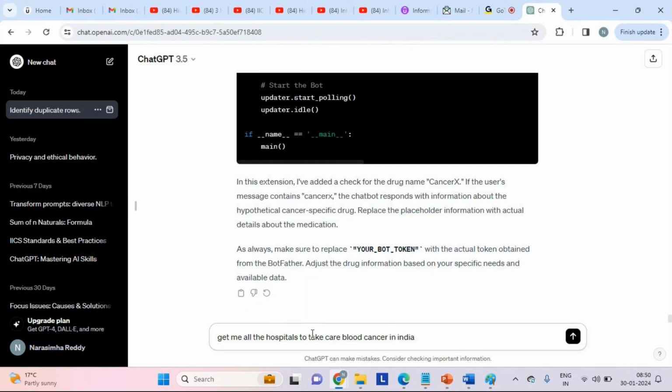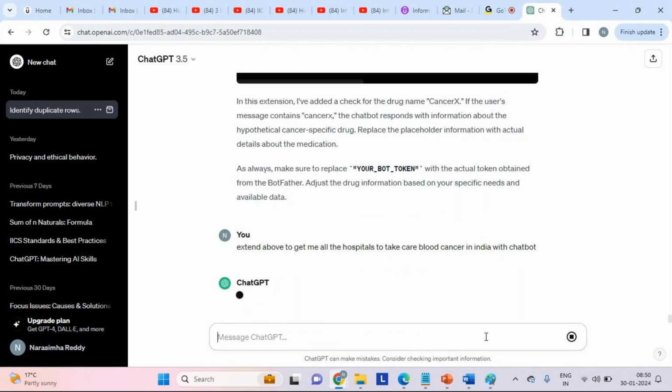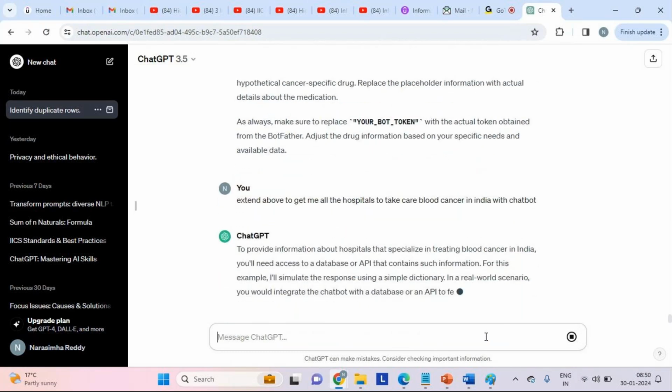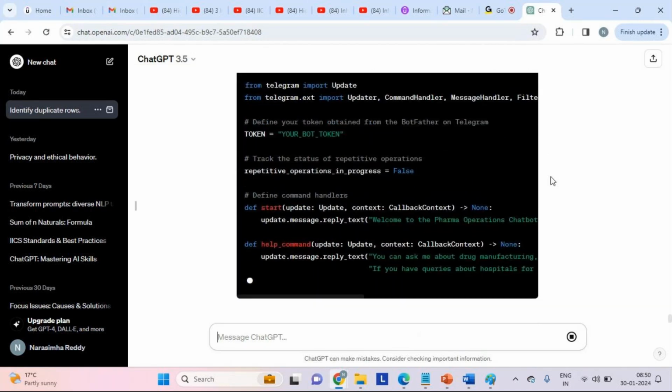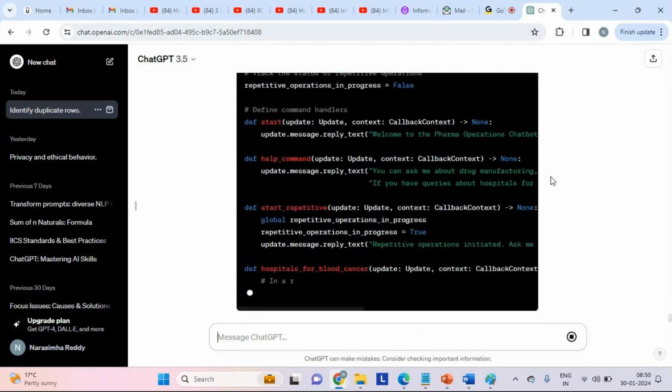Extend the above to get all of the application with a chart, right? So now we are trying to get the response from the chatbot. So you don't need any operator to answer. It itself will tell us what all we have.